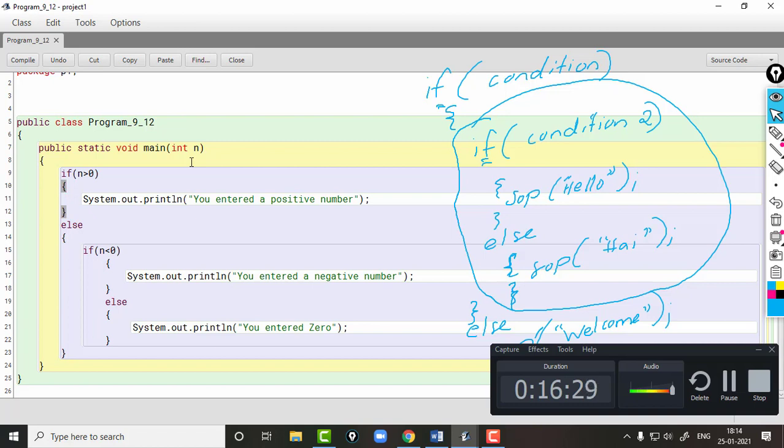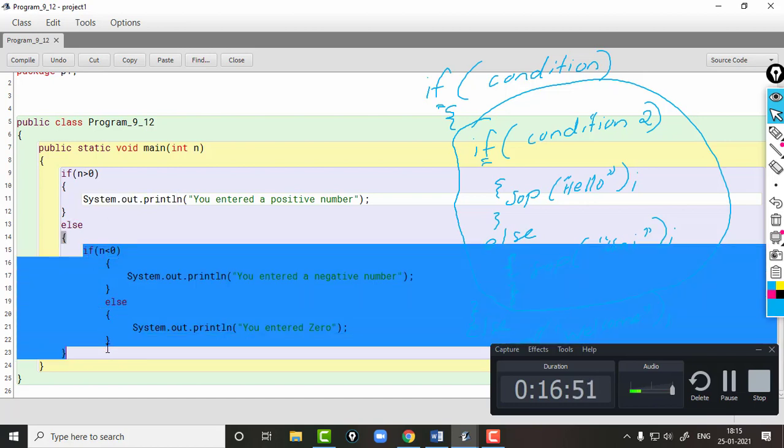In this program there will be only one input, which is n. Suppose we give -3 to the variable n, -3 is less than 0 as we know. Checking each condition one by one, n greater than 0, -3 greater than 0, condition false. 11th line skipped, executing else part.